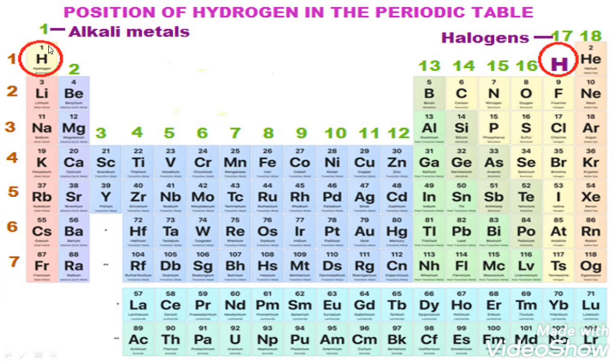Now see, we have 1, this is a vertical column, 2, this is also a vertical column, like this 3, 4, 5, 6, 7, 8, 9, 10, 11, 12, 13, 14, 15, 16, 17, 18. 18 vertical columns, and we call these 18 vertical columns as groups. So whenever I say periods, associate with horizontal rows. Whenever I say groups, associate with vertical columns.